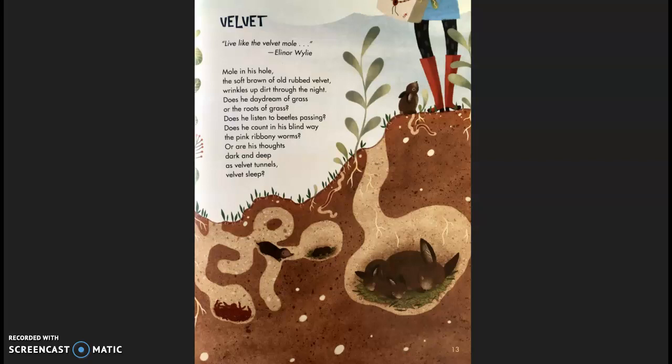You might know that moles can't see very well or they're blind. Does he count the pink ribbony worms that might slide by underground near him? Or are the mole's thoughts just dark and deep as velvet tunnels? Does he sleep really soundly and he doesn't have many thoughts or many dreams?